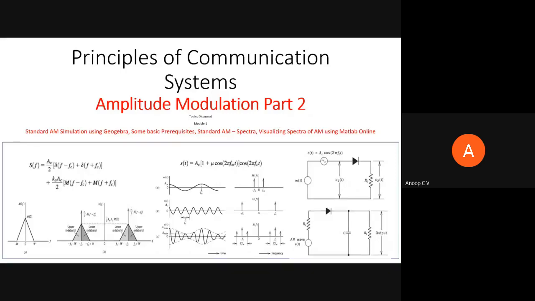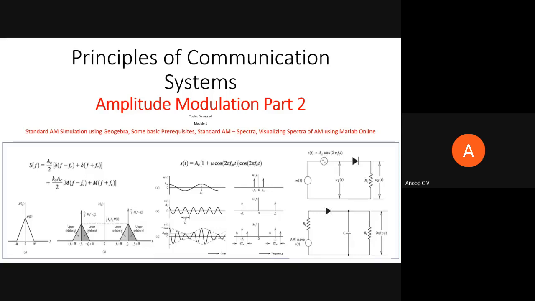Right. So in the last session, we have seen the mathematical modeling of amplitude modulation, standard AM. That was the key thing which I wanted you to take away from the last session. Apart from that, I tried giving you a big picture of what we'll be learning in this first module, and why we need to go for mathematical modeling, and why we need to analyze the spectrum of a signal. All those aspects we have discussed.